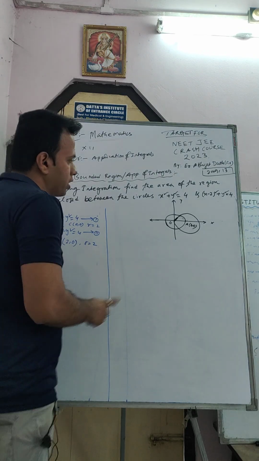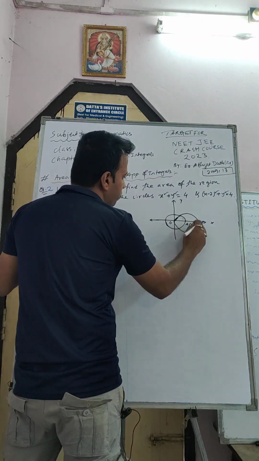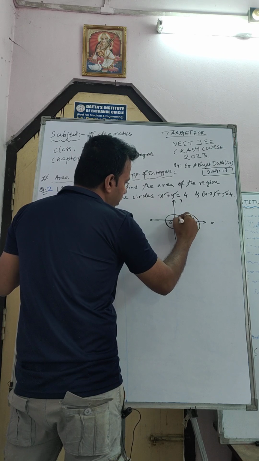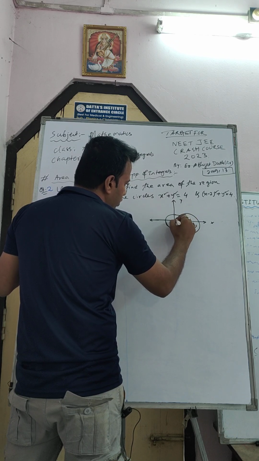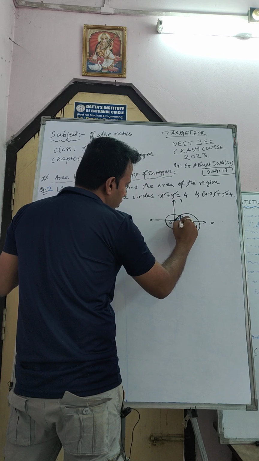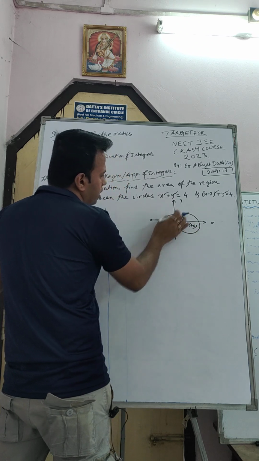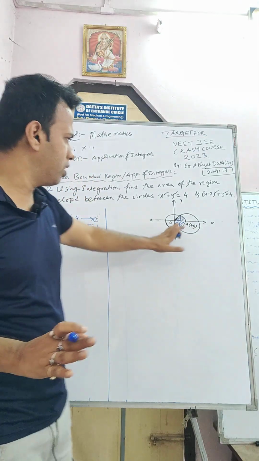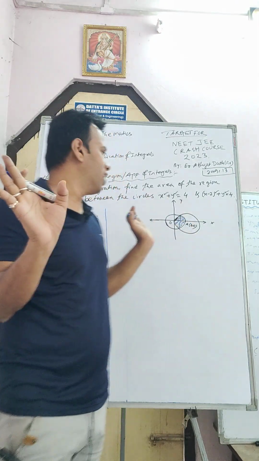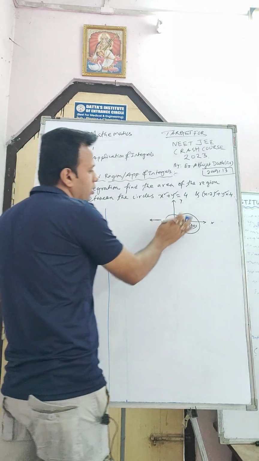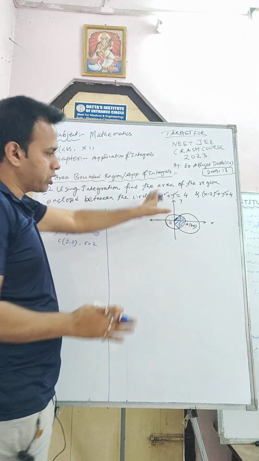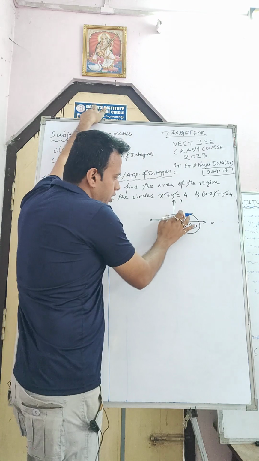The enclosed area of the circles will be the whole area. I first draw it. This whole area will be the enclosed region. My drawing is not up to the mark, that's why this one looks different, but the two circles are the same. This area and this area will be the same.